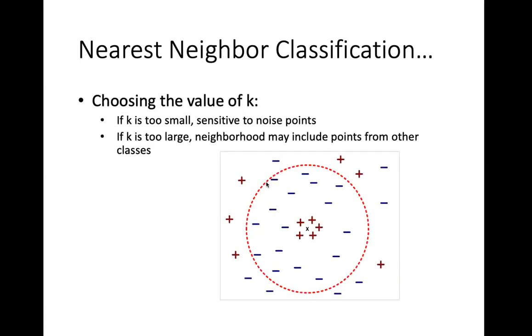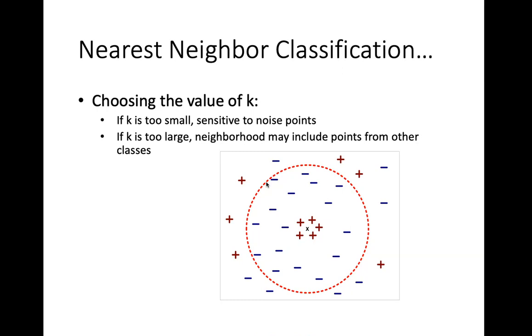Generally, the very common sense thing is that k is to be chosen such that k is odd generally. Why? The reason is that if there are ties, with odd numbering you can break the ties. But if it is even, then you will be left with a tie, and you don't know how to break the tie.